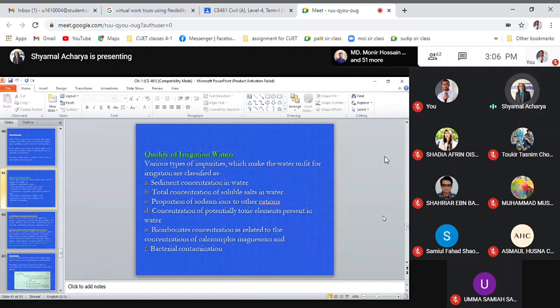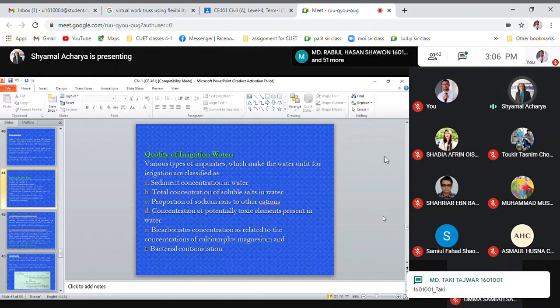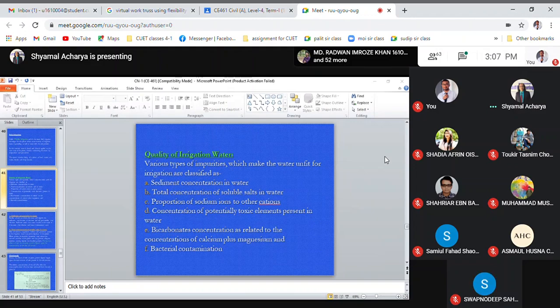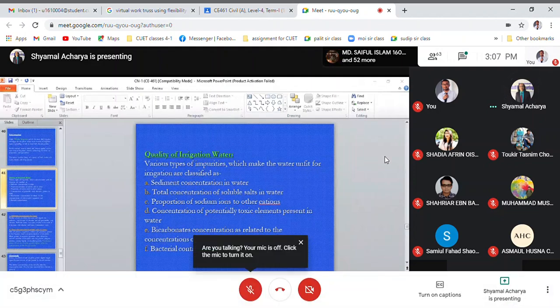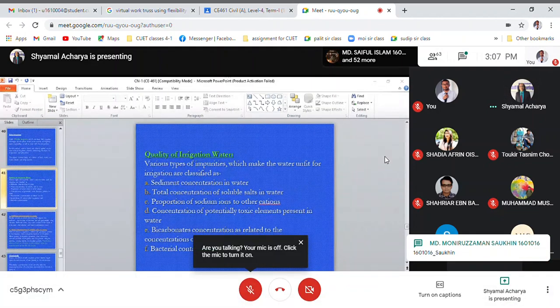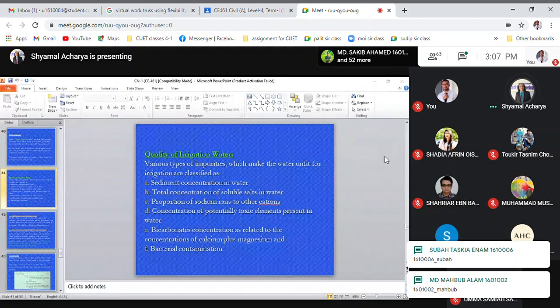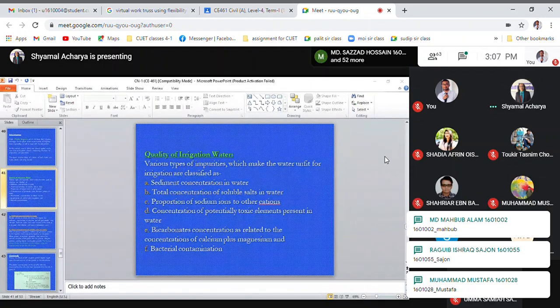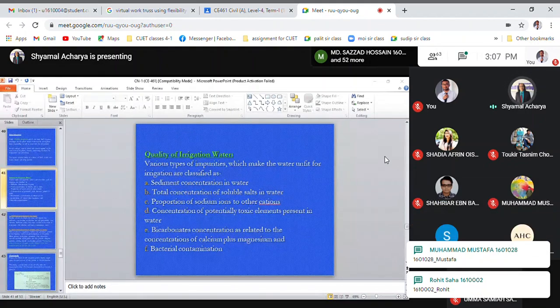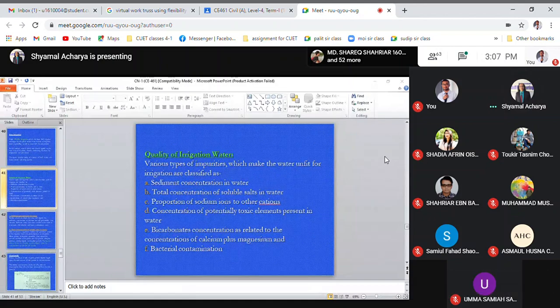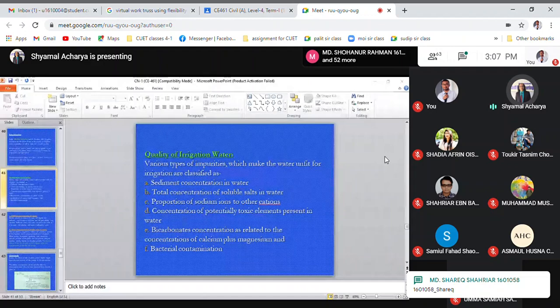Bacterial concentration of water is not that harmful for crop production, but what you need to do is cook the food properly. Food produced with bacterially contaminated water should be cooked properly, otherwise it may cause digestive problems. Okay,